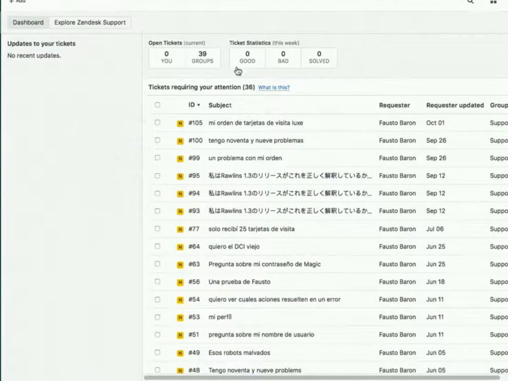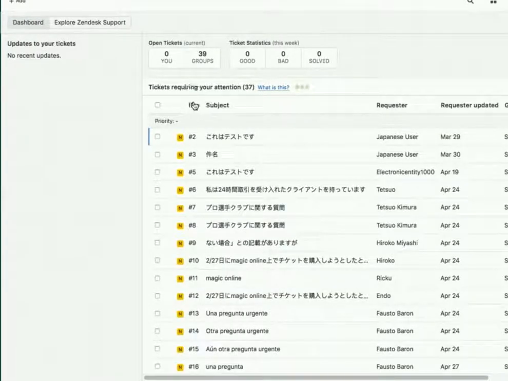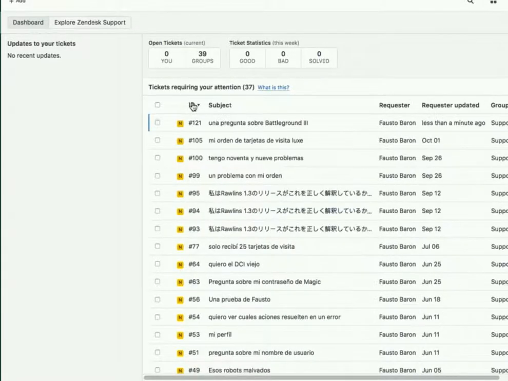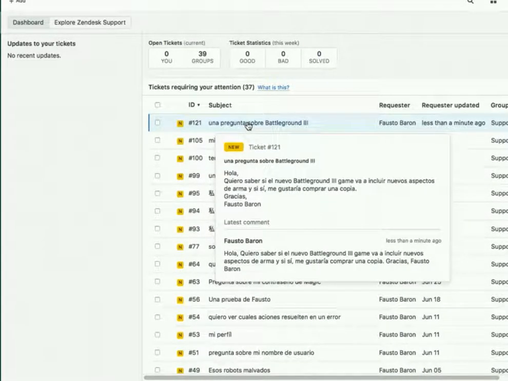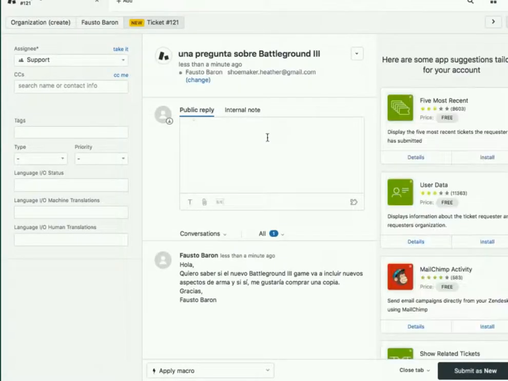To see it, I'm going to need to reload this view and then navigate back to the most recent tickets, and there we see Fausto's question about Battleground 3. So let's jump into this ticket. As an English-speaking agent, I'm not going to understand Fausto's question in Spanish, but that's okay because when Language I/O